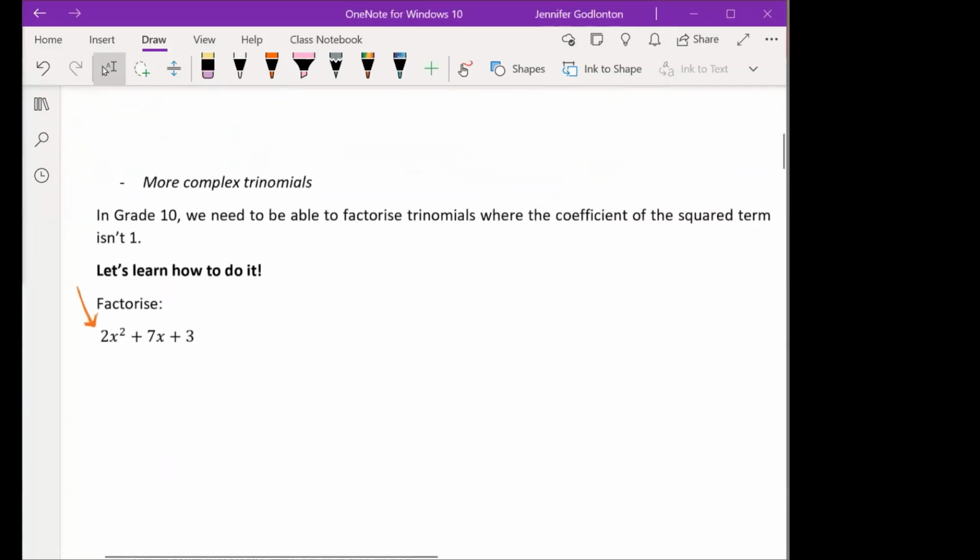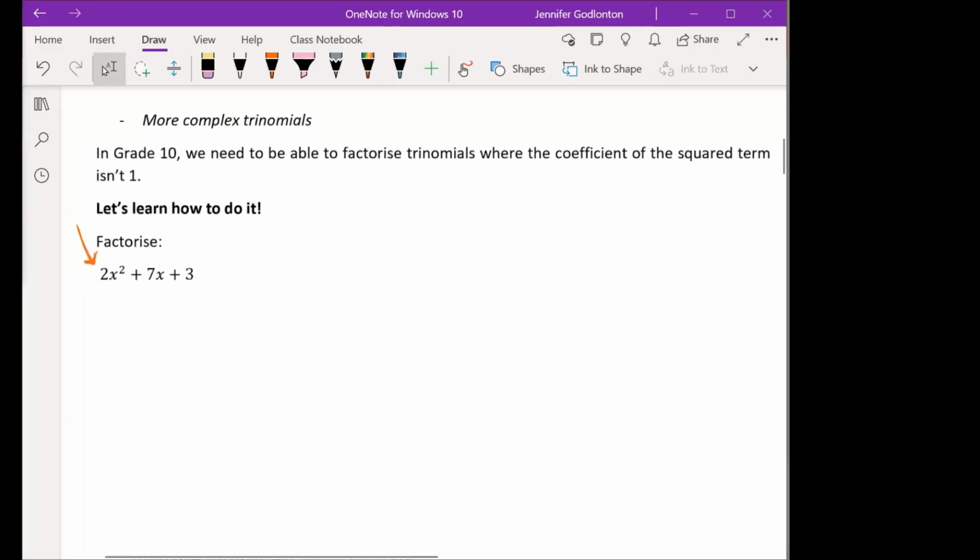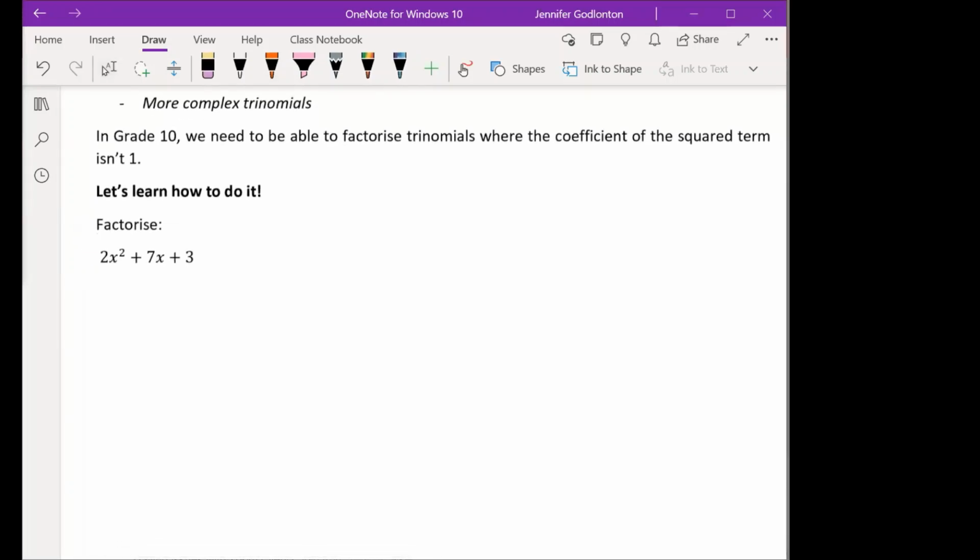So let's try and go through this step by step. I'm going to talk through this one super slowly. I'm going to show you 2 different ways, and then I'm going to let you try. Okay. Vuzwa, do you have a question, or were you just letting me know that you've done trinomials? No. Okay. Cool.